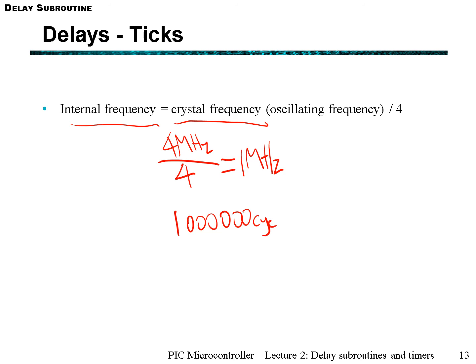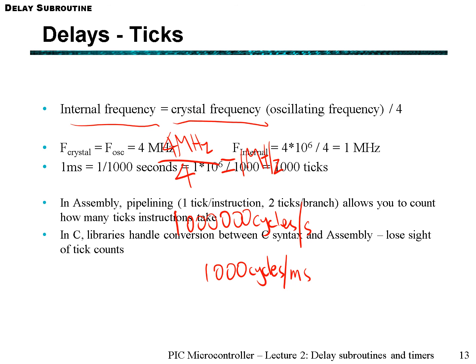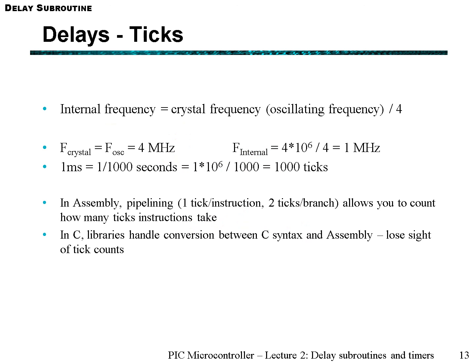cycles per second. So for 1 millisecond, that's the equivalent of 1/1000th. So then in order to wait for 1 millisecond with a 4 megahertz crystal frequency chip, you would have to wait for 1,000 cycles. Right, so as you can see over there, just clear this up. Given a 4 megahertz crystal, our internal rate would be 1 megahertz, and therefore you're waiting for 1,000 ticks